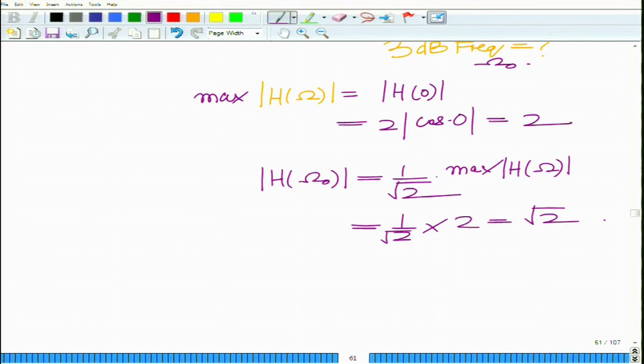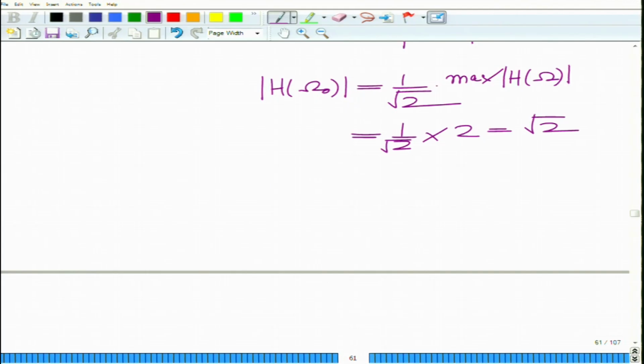Remember, at the 3 dB frequency, the amplitude has to be 1 over square root of 2 times that of the maximum gain, that is the amplitude gain of the low pass filter. And now this is very simple. So, we have, assuming omega greater than 0, for omega less than 0 it is symmetric, 2 cosine omega by 2 equals square root of 2. In fact this is omega naught,